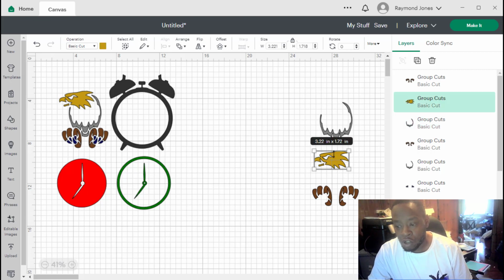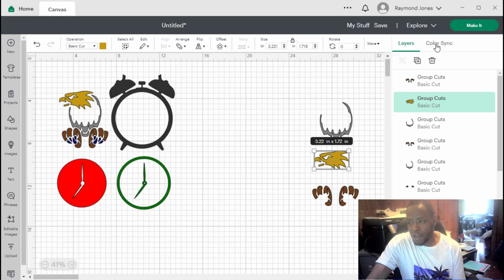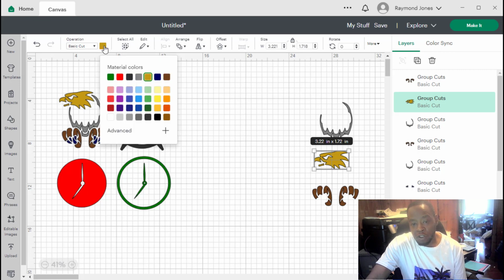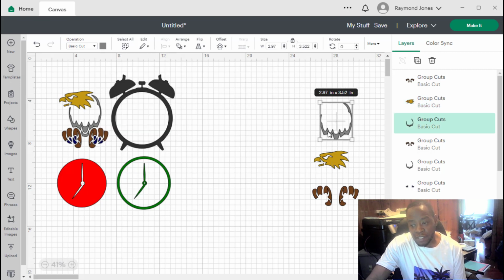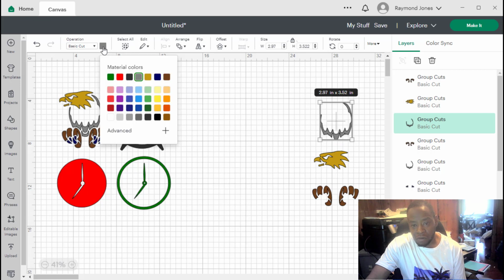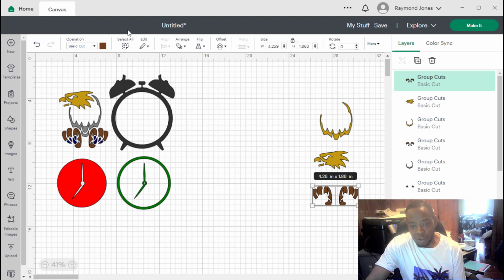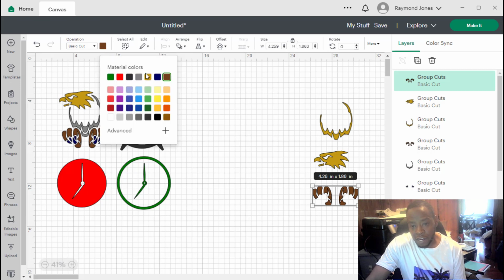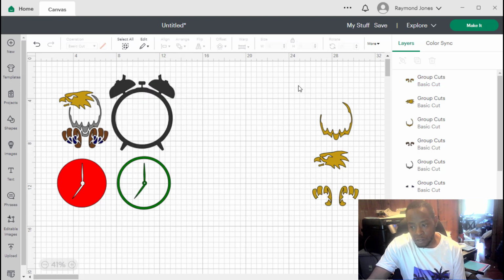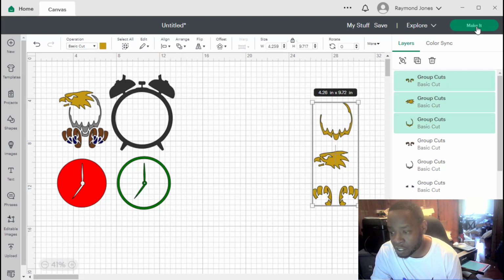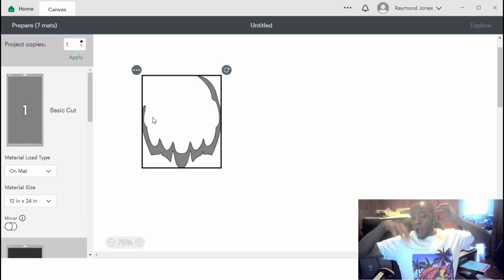But then you will just, see, I don't even know how to change the colors. Oh, here we go. Then you'll just change everything and make it the same color. Right? You make everything the same color so that it all cuts out at once. When you select it and hit make it, now it'll all be,